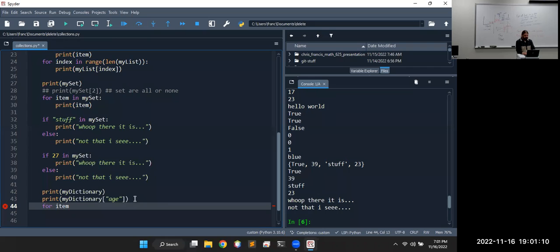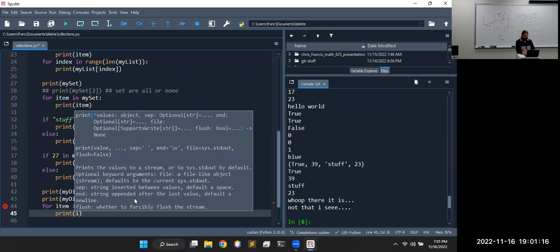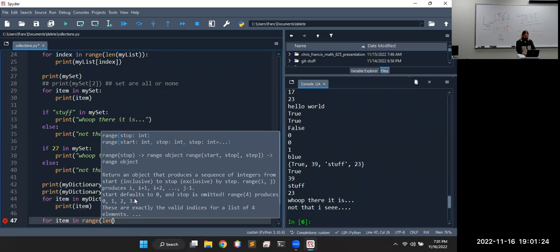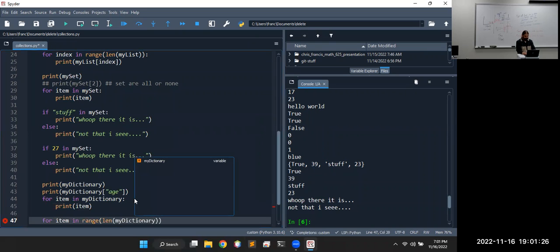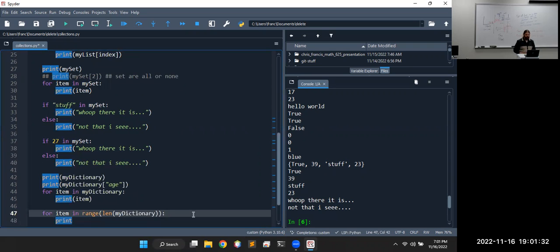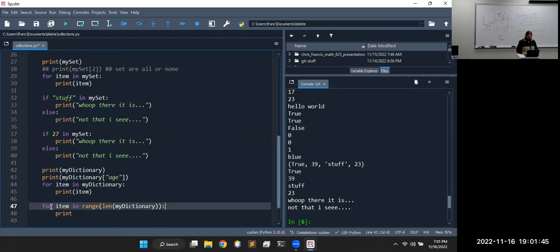But the other stuff still works too. For item in my dictionary, print item. For item in range length of my dictionary, print. Well, this one's going to be a problem. Because we use the range function, that gives us a number. So we can't index it that way. So the range, just pay attention to stuff like that. But the other one would work if,